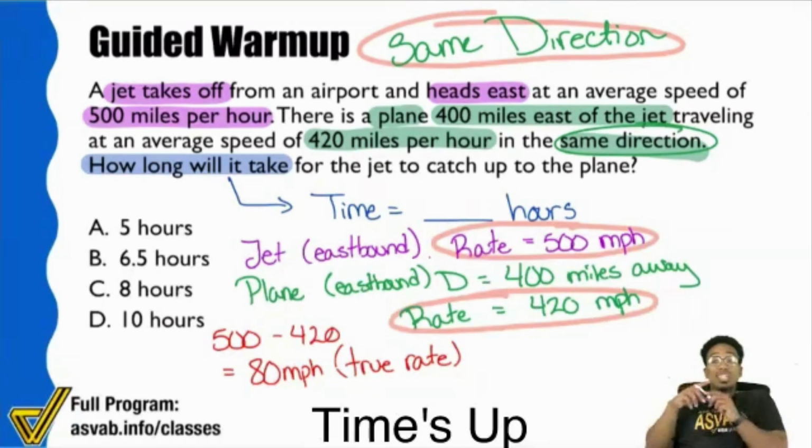Again, the reason why we got 80 is because we have two planes going in the same direction. And so when they're going in the same direction, the distances that they cover, a lot of it is going to be the same. And so we have to subtract what they both cover. So that way we only think about how far apart the plane is to the other plane. Not the starting point to the ending point, but how far apart the planes are.